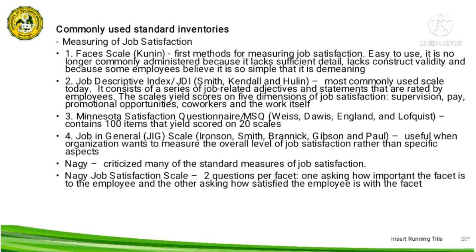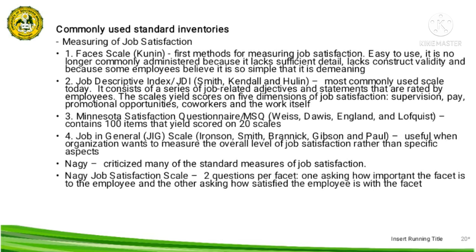Measures of job satisfaction. One of the first methods for measuring job satisfaction was developed by Kunin in 1955, and it is called the Faces Scale. Although this scale is daling lang daw siyang gamitin, it is no longer commonly administered, partly because kulang daw siya ng sufficient detail, lacks construct validity, and because ang ibang employee believe it is simple.